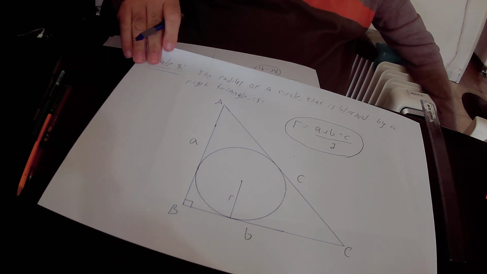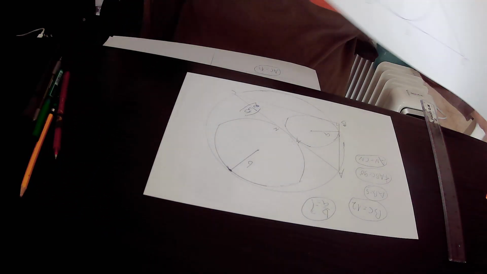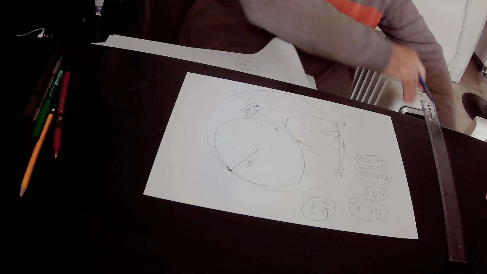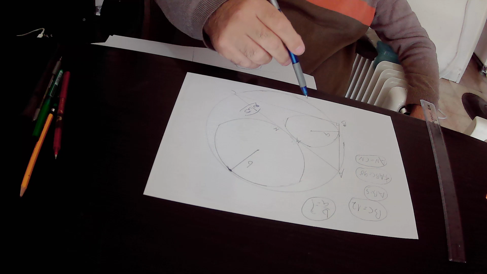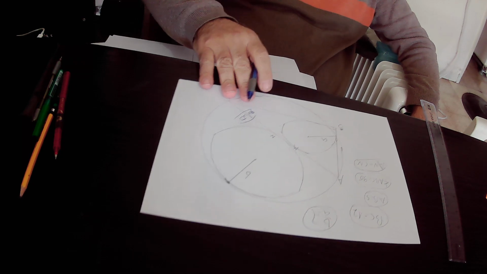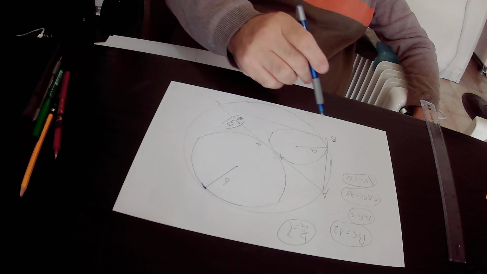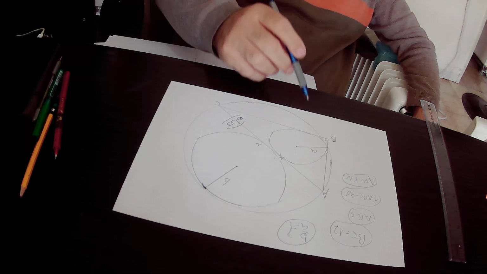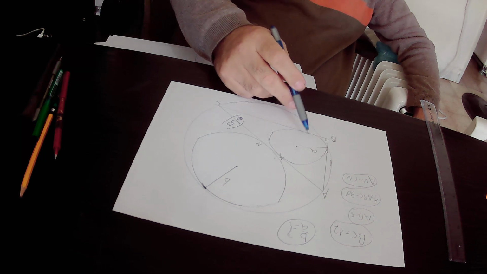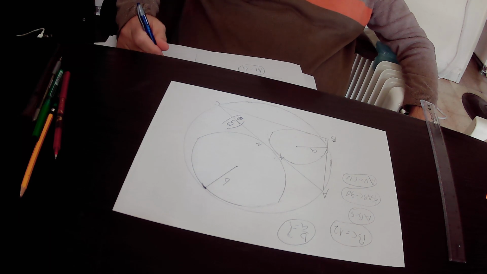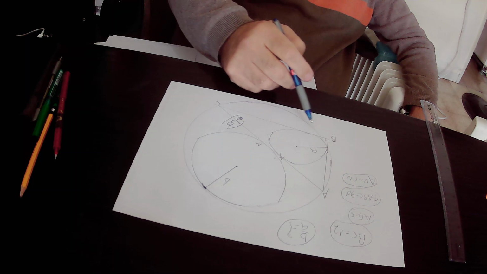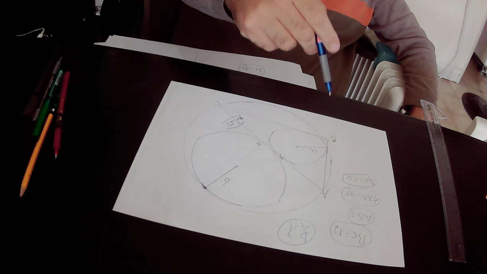Why? Because in our drawing we have this right triangle ABC that blocks this circle, and we know that the radius of this circle equals A. According to rule number 8, the radius of this circle A will be equal to the sum of the lengths of the two perpendiculars, that is to say AB plus BC,